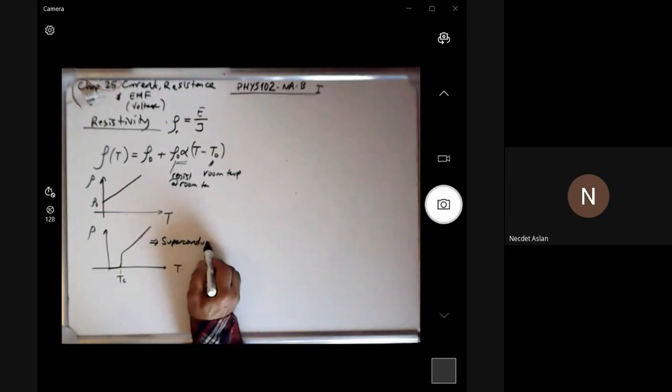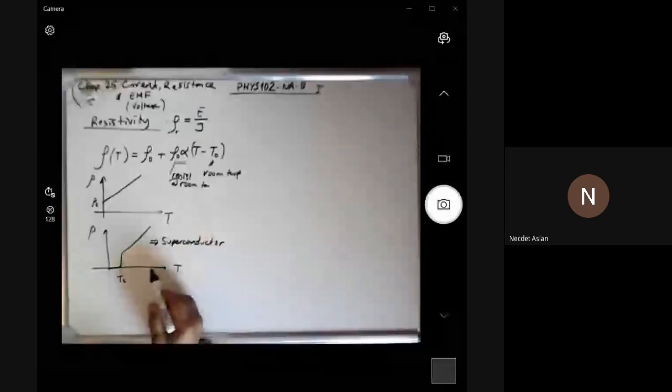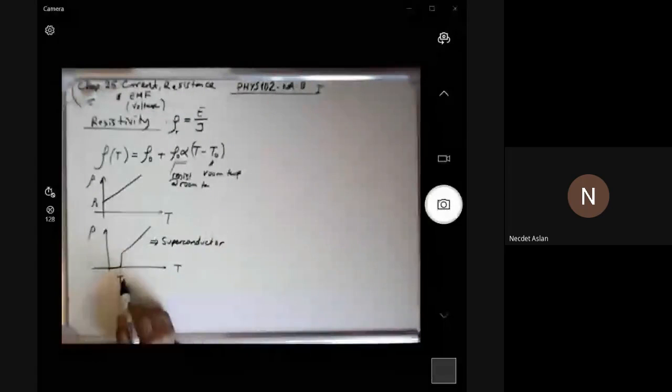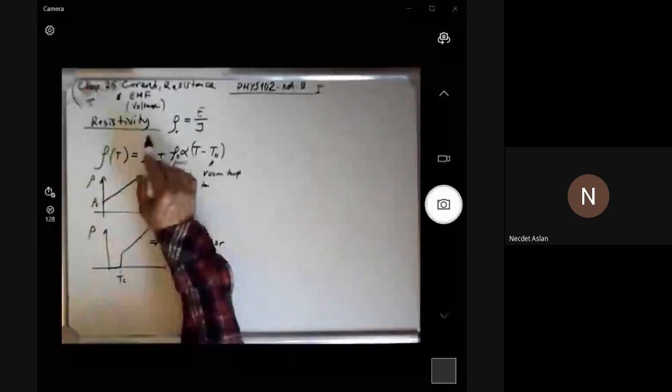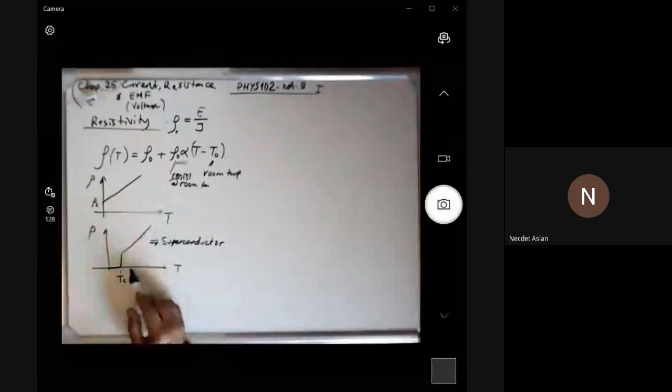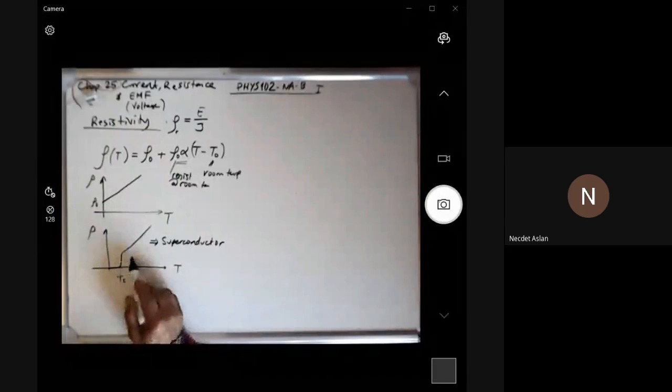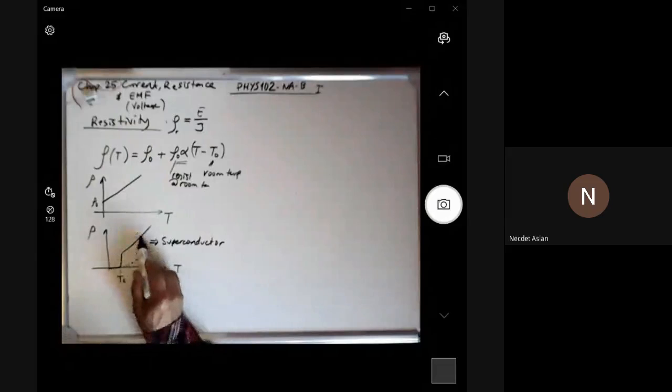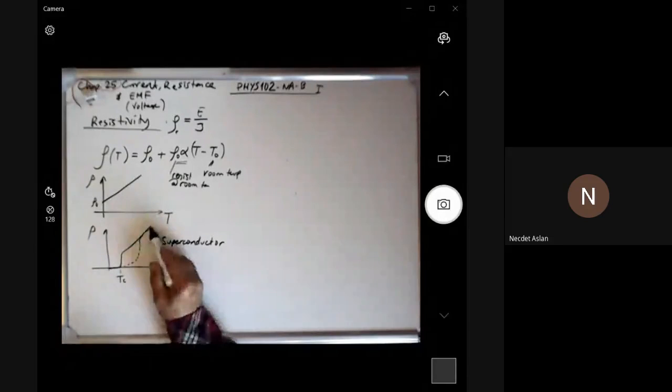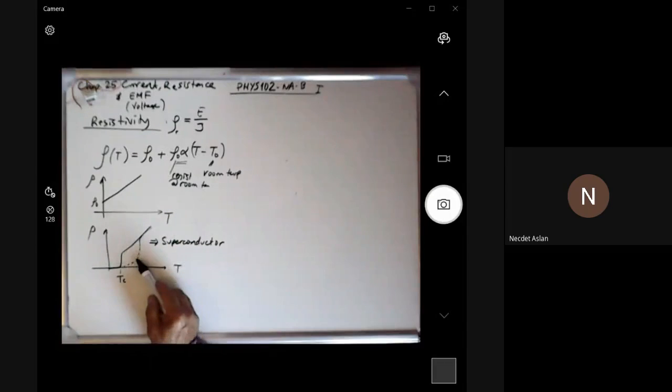Now, physicists are seeking superconductivity at high Tc, near room temperature. Because if we can achieve that, if we can move this graph like that, suppose this is room temperature, then we solve the problem, because all the wires that we are using in the circuits will have no resistance, and no heating will occur, and everything will be best, and also the energy consumption will be as minimal as